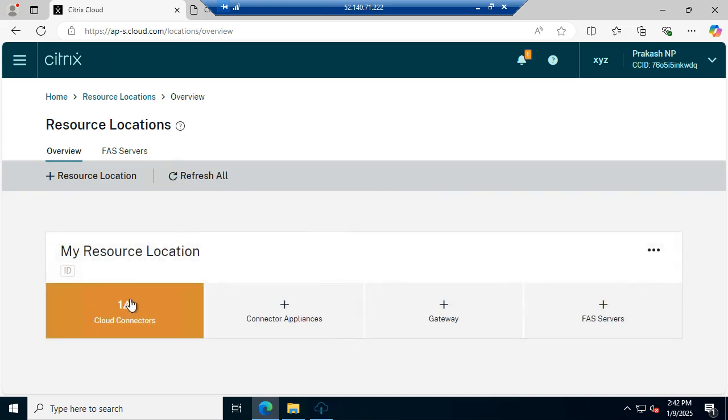The orange exclamation mark showing here is for load balancing. We need to add two connectors for the connectivity. So if one of the Cloud Connectors goes down, there's another connector which can serve your purpose. That's the reason it's showing the orange exclamation mark. If I add a second connector, it will not be showing here. Now let's go back to the